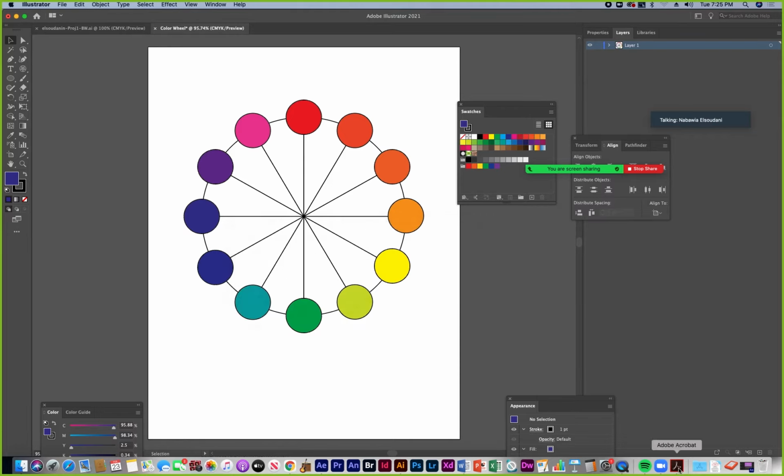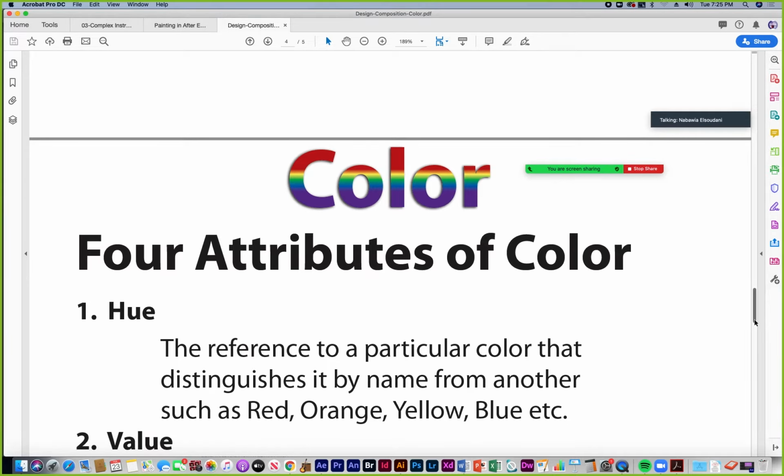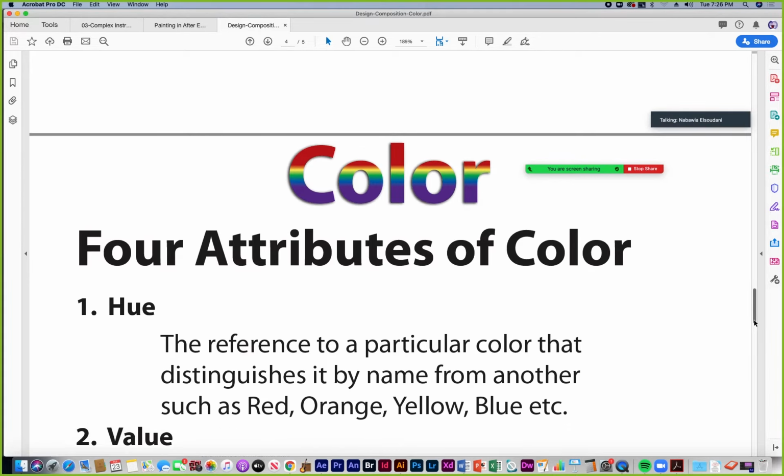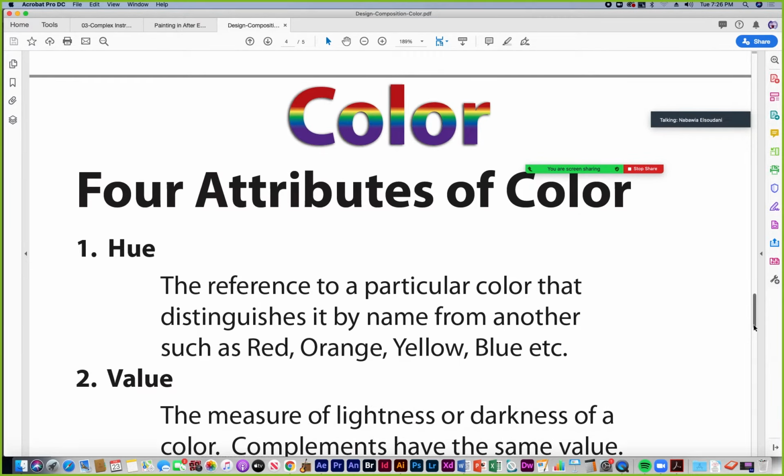Can you guys think of any other attributes of color, how colors are categorized or altered in different ways, different characteristics of color? There are 4 attributes. Can anyone think of any other names besides hue? One starts with a V. Value. So value is another one that we talk about in terms of attributes of color.